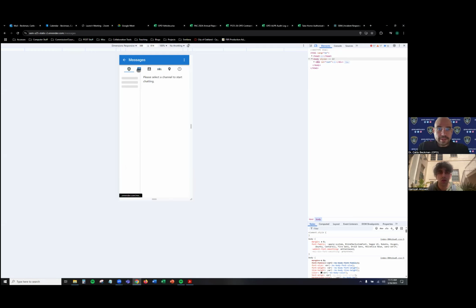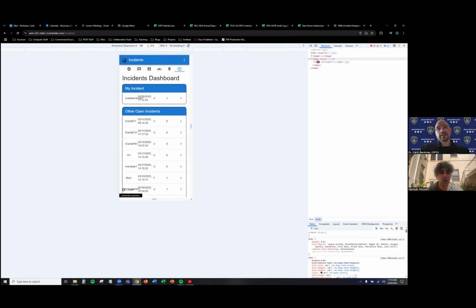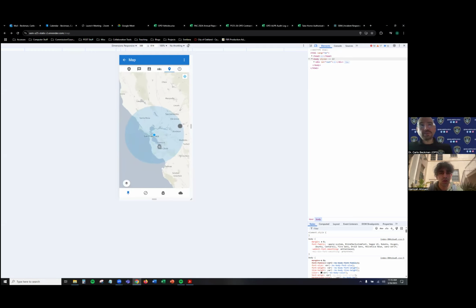Other than that, again, I would just add some tool tips. That's just a common best practice. I don't see how this will ever replace the radio, unless there's an easy way.